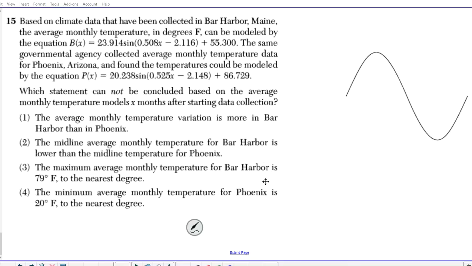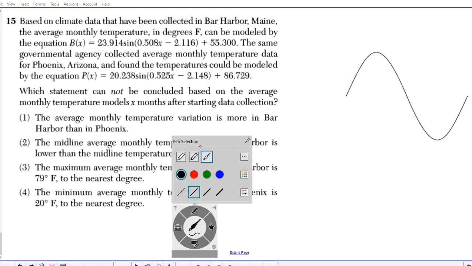be modeled by the equation P of x equals 20.238 sine 0.525x minus 2.148 plus 86.729. Question: which statement cannot be concluded based on the average monthly temperature models X months after starting data collection? Okay, so if you take a look at the options provided here, there are